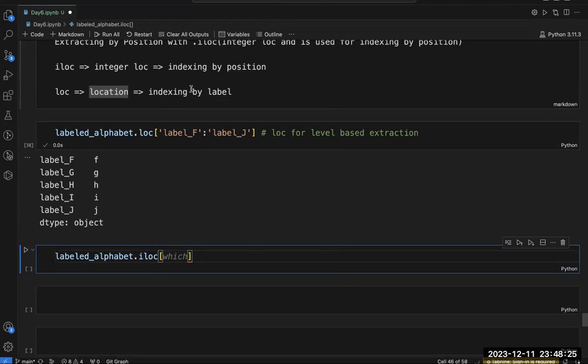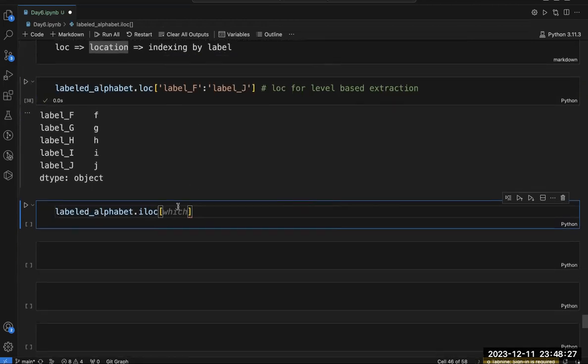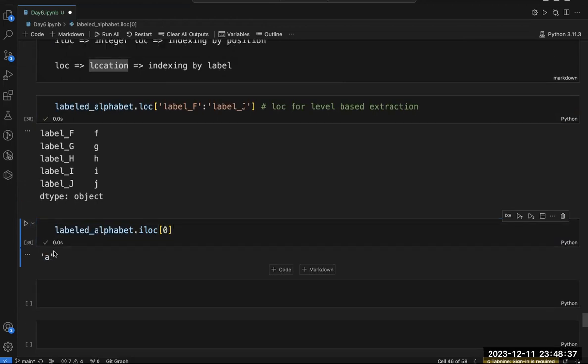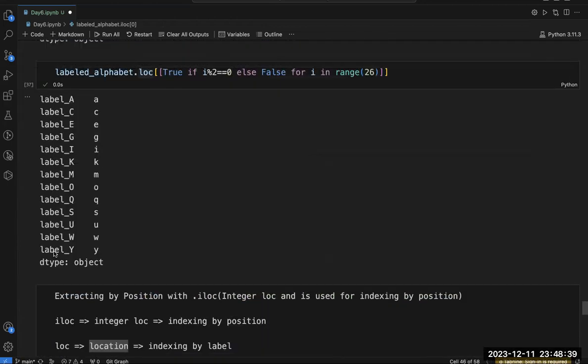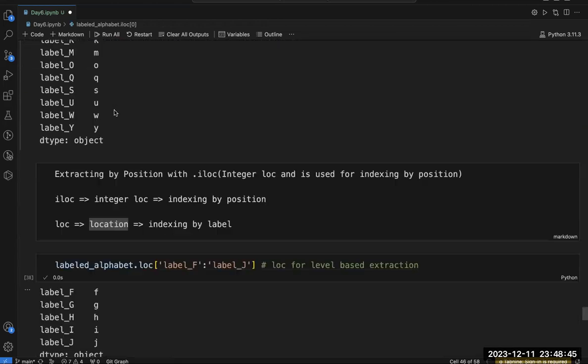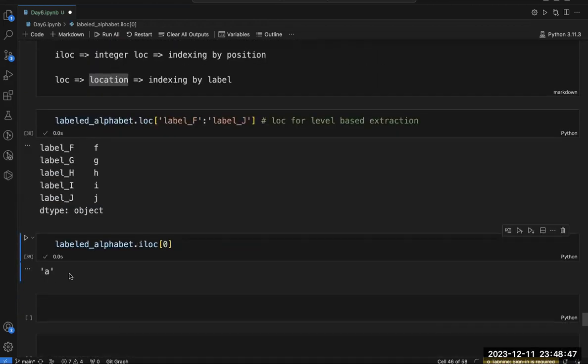This is indexing by label and this is indexing by position. Your position will start from index 0. So if you use dot iloc 0, you will get A. That means at the 0th position, what is your value? You are getting A.